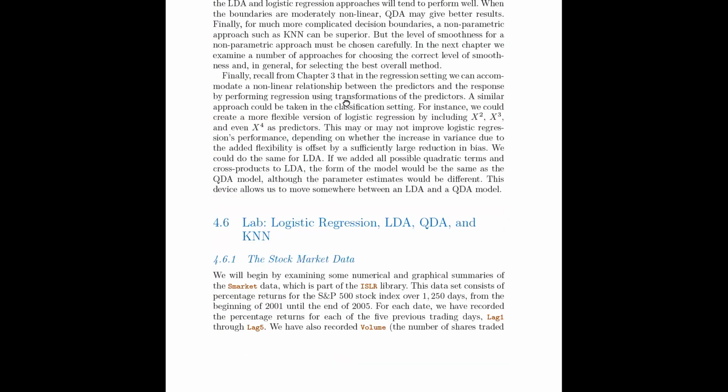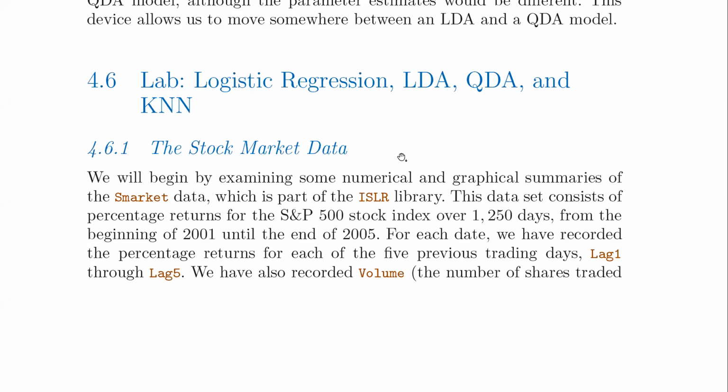So section 4.6, lab, towards the end of this chapter, logistic regression, LDA. So in fact, we've only done these two, right, till now. And then there's QDA, and that must be K nearest neighbors. Let's start with 4.6.1, the stock market data. We will begin by examining some numerical and graphical summaries of the S&P 500 stock market data. Now, if we're even going to do this,